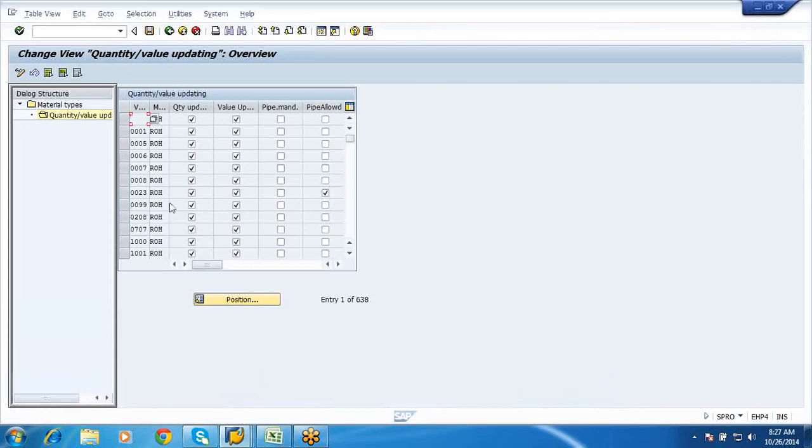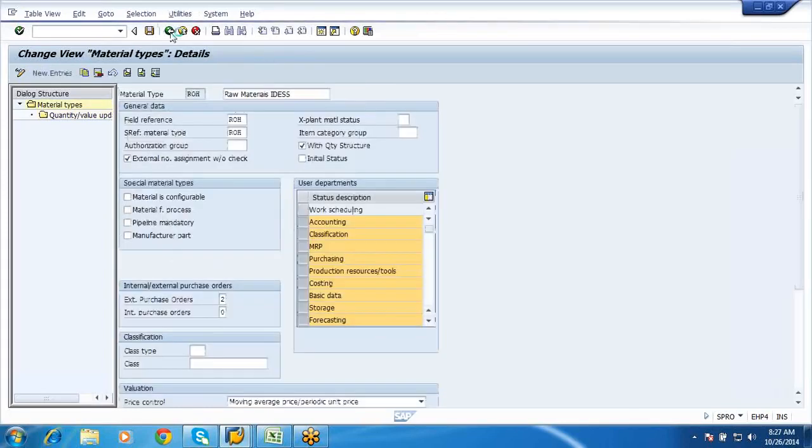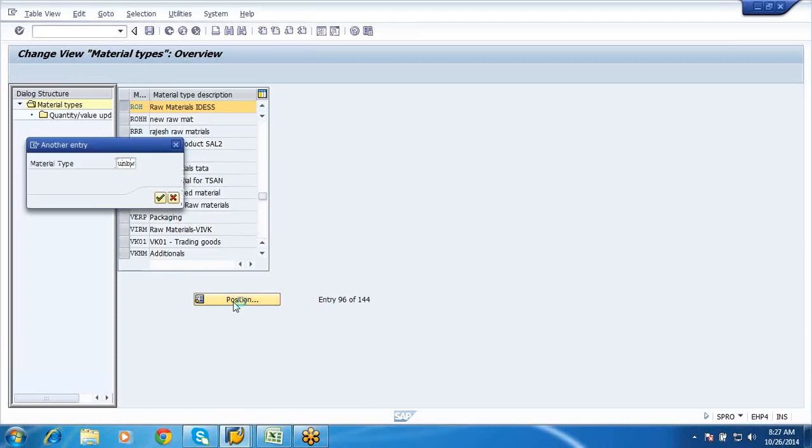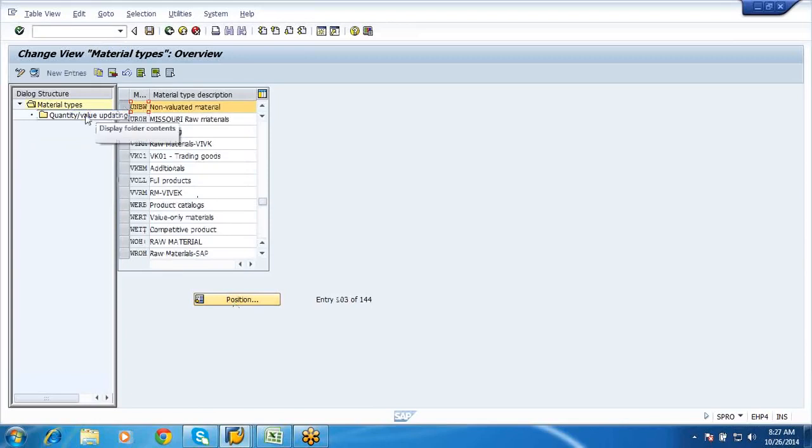So for some material types you would not have quantity and value. For example, your non-valuated material will not have a quantity and value updation. Hold on, I'll just show you. Your non-valuated is UNBW. See here, your non-valuated material doesn't have any quantity. Sorry,